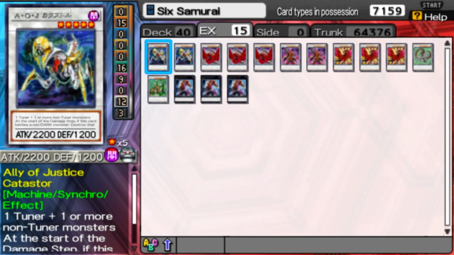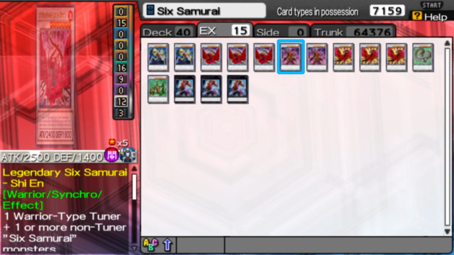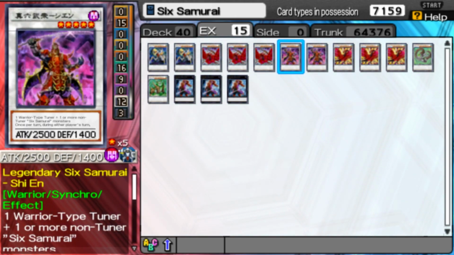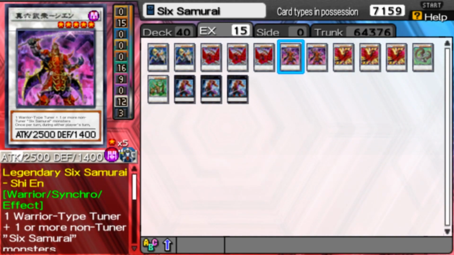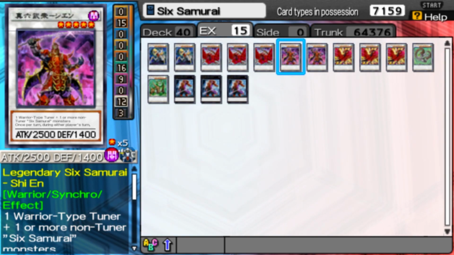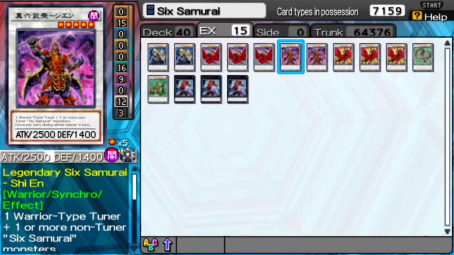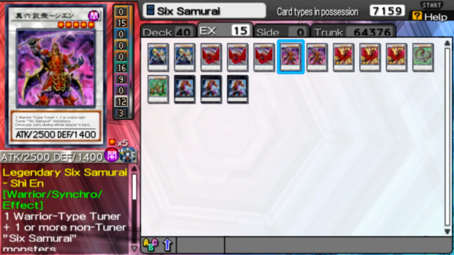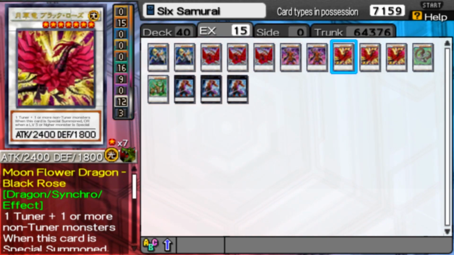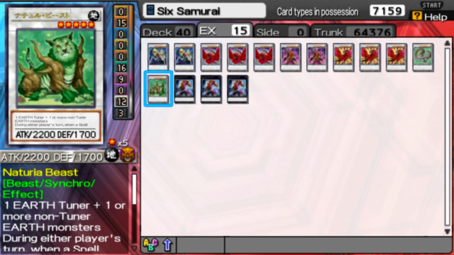In our extra deck, we have Ally of Justice Catastor, 3 copies of Black Rose Dragon, 2 copies of Legendary 6 Samurai Shi En. I did not put 3 copies of Legendary 6 Samurai Shi En because when I was trying to look for the ban list in the game here, there's actually only a limit of 2 for Legendary 6 Samurai Shi En. You know me, I wanted to be faithful to the ban list or the limit list, so I just put 2. Now we have 3 copies of Moonflower Dragon Black Rose, and then Naturia Barkion, and then Naturia